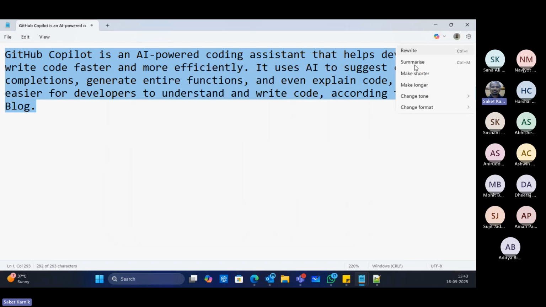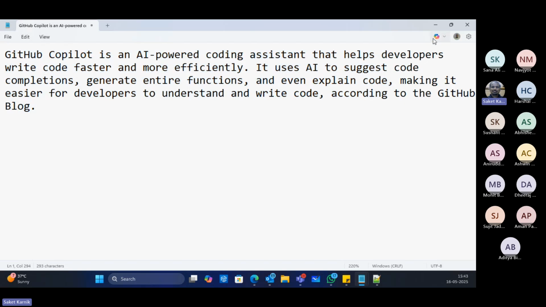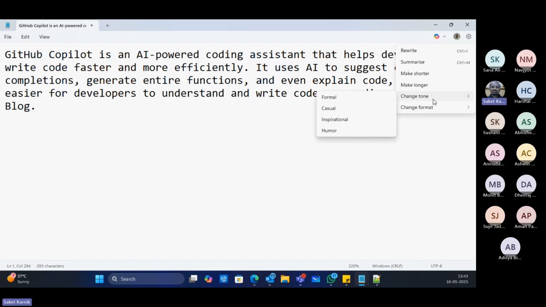I've not activated it yet on my machine, so it's asking for that. Otherwise, it just does the job as if you are doing it on the web itself, copilot.microsoft.com. So you don't need to go to copilot.microsoft.com because of these things, right? Directly here itself, you have got the options. Got my point?